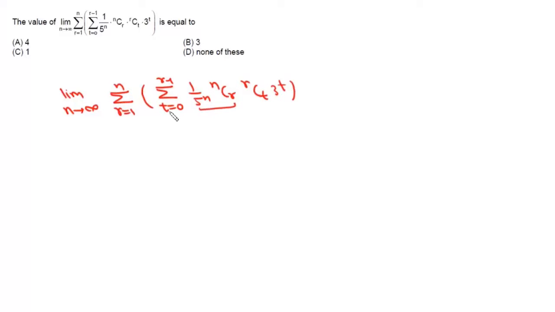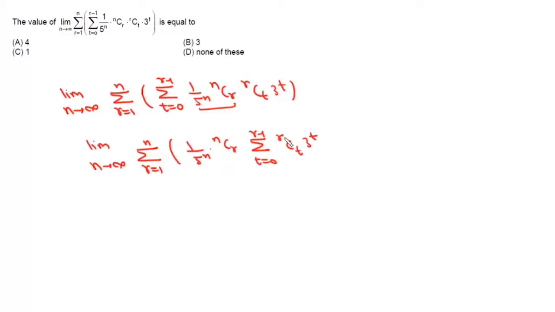Now we'll take this out of this summation, because this summation is in t, we can write this as limit n tends to infinity, this summation r varies from 1 to n, and it will be 1 upon 5 to the power n into nCr, and then this summation t varies from 0 to r minus 1, rCt, and 3 to the power t. Now this is nCr into x to the power r, where r varies from 0 to r minus 1. So if it is from 0 to r, it would have been the expansion of 1 plus 3 whole to the power t. So we'll actually write this as this limit